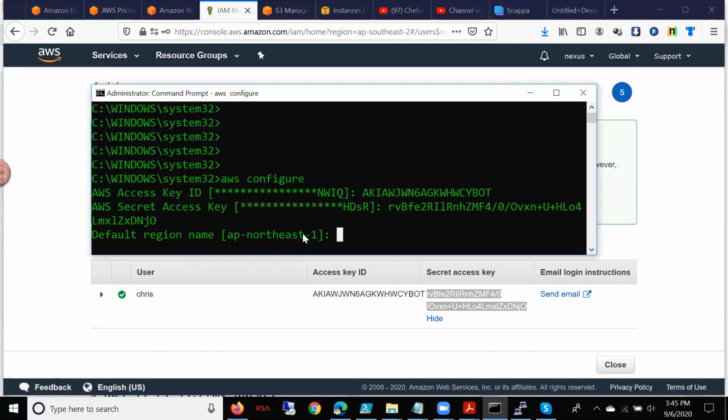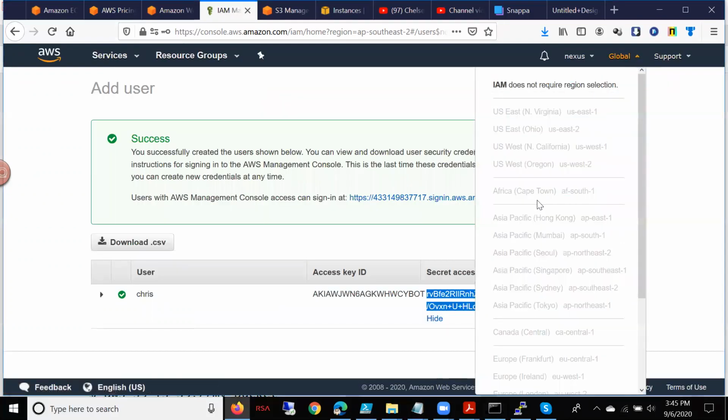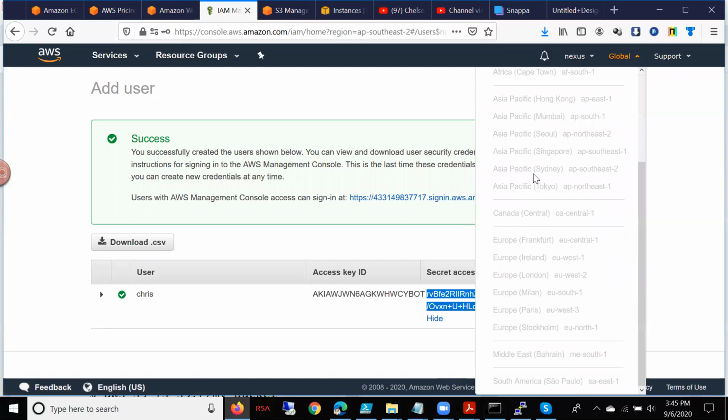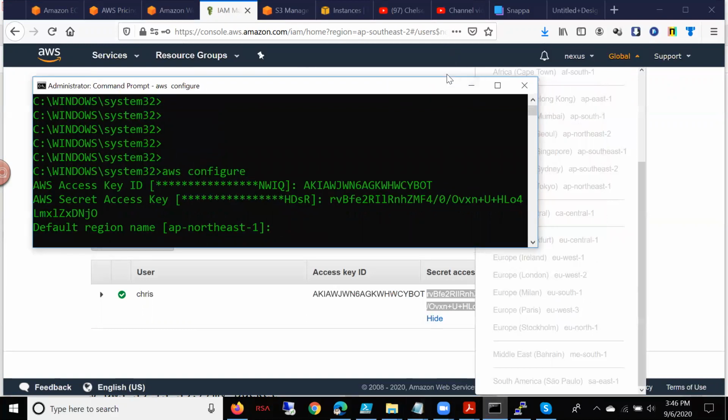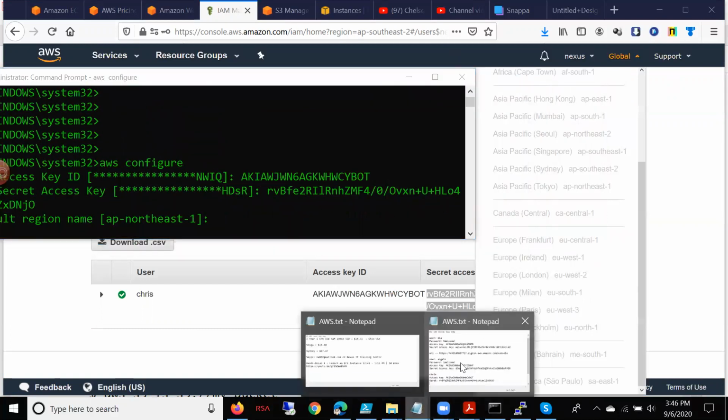And then if you notice, nag-default sa Asia Pacific Northeast. So ano yung Asia Pacific Northeast? Sydney yan. Okay, how did I know? Dito yan lalabas, Asia Pacific. Teka, bakit North? Dito, Southeast. Pag mali, ay Tokyo, Northeast 1 yun. Palitan nyo, you need to change. AP-Southeast-2. Careful kayo doon. So, Sydney